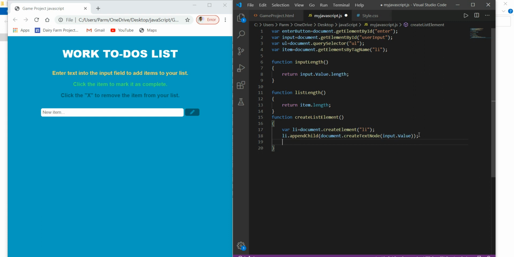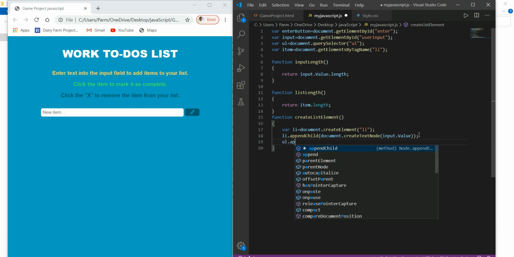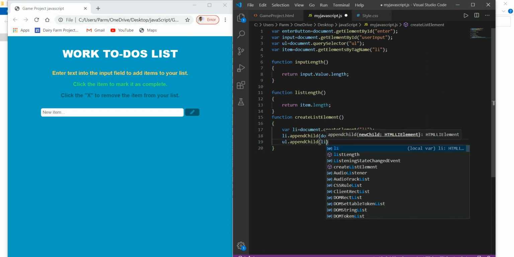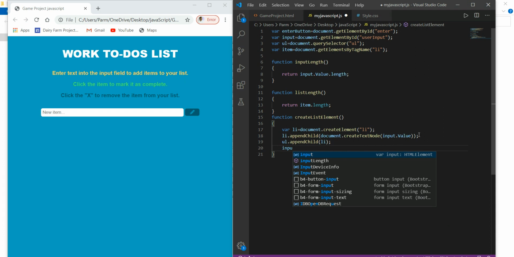Okay, so now the list item has to be appended in the unordered list. So here we write ul.appendChild whatever we will get in the list variable. Then, once the input is done and a list item is added in the list, we want this text box to be blank again.